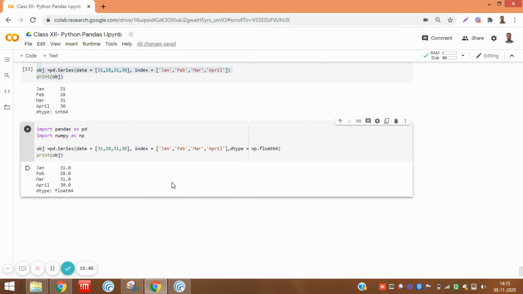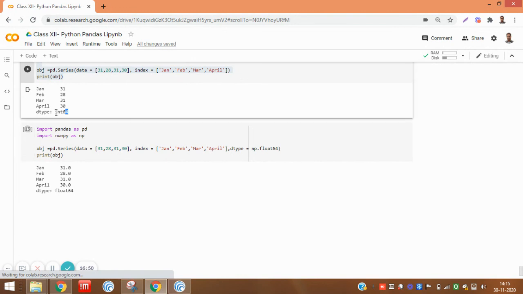Now you can see that with same value I have taken here 31, and you can see that by default data type was int64 because we have not given any data type specified in here. But in same program when we have specified data type and given the np.float64, then you can see that it has changed the data as float64, and you can check the values have also changed in decimals.